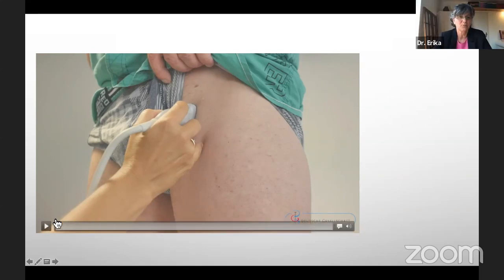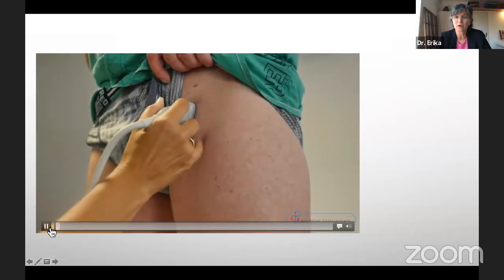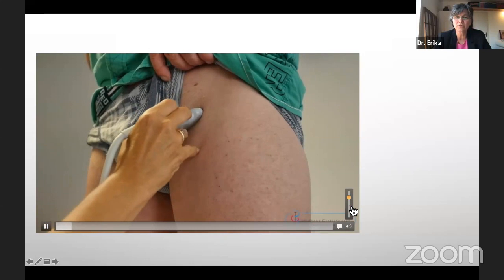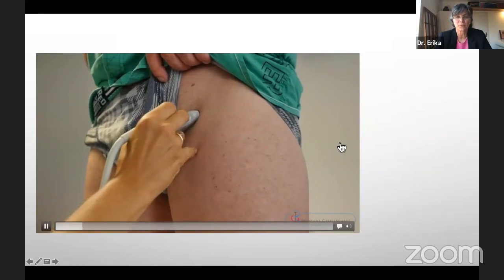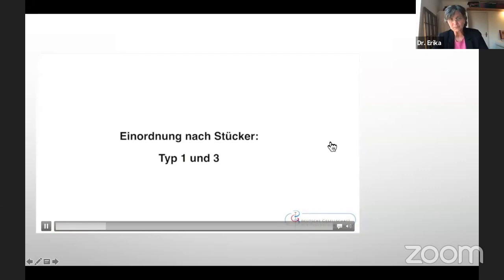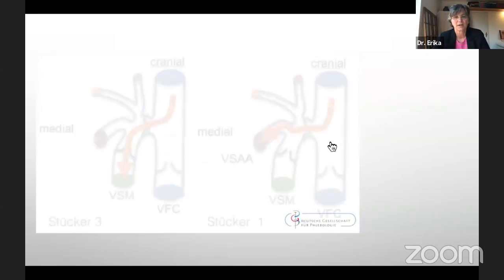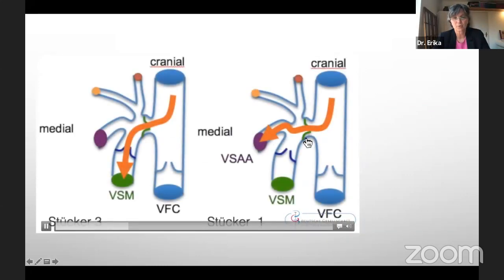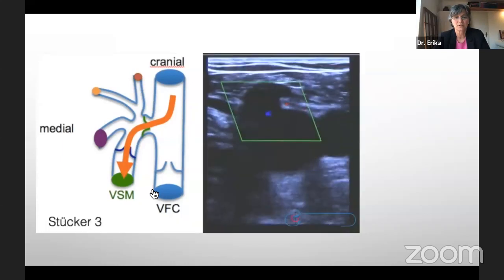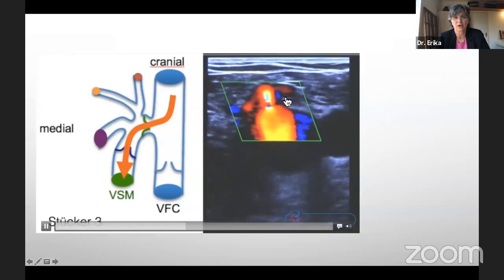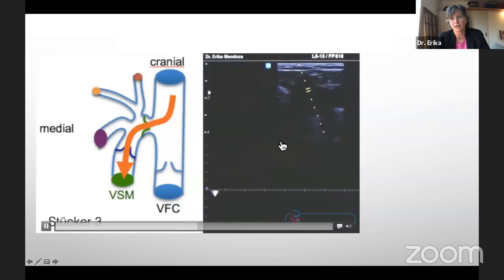This is again a little movie. I hope, sorry, I have to put this is a movie about this exploration at the terminal and pre-terminal valve. You see when the terminal valve is incompetent, it can escape through the accessory or into the great saphenous vein. And the exploration of the terminal valve is either in cross section, in color, but